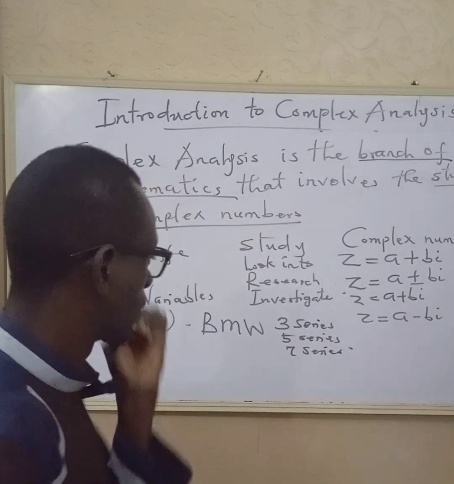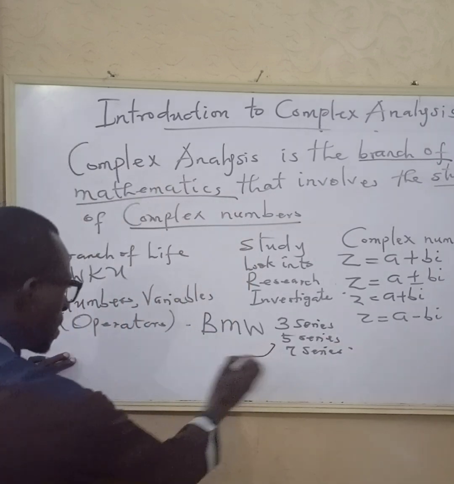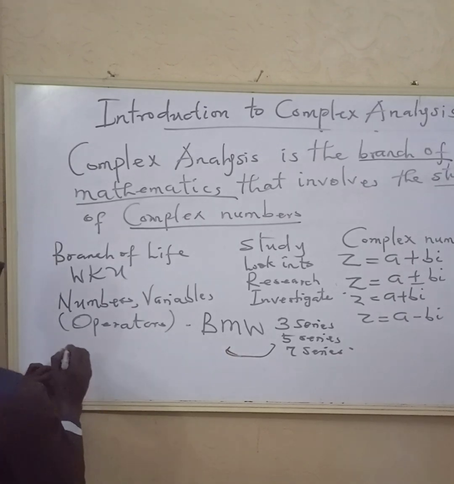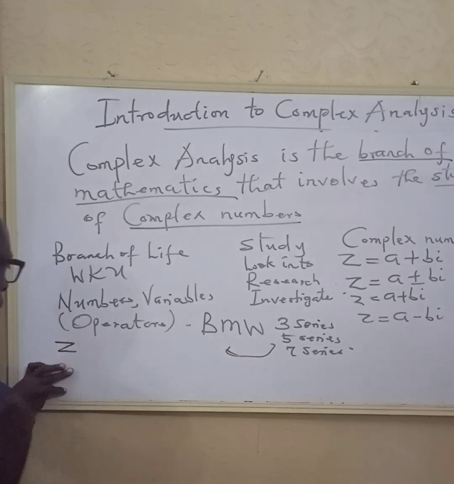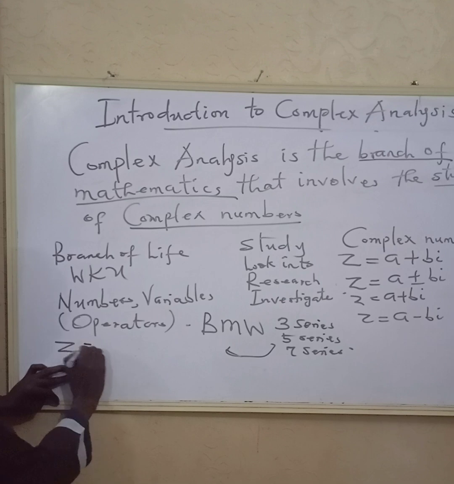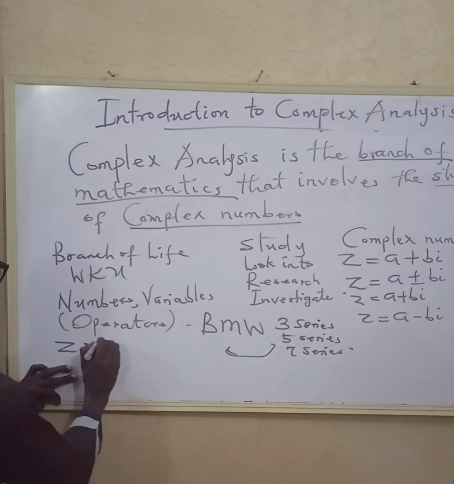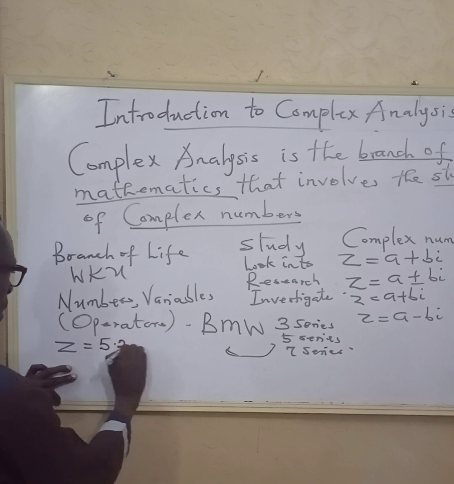At this point, this is represented as, let's say, this is a car lot Z, and we have 3 series. You have, let's say, 5 series. You have 5.25